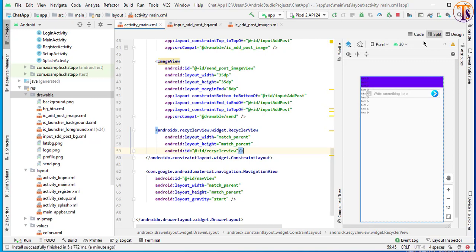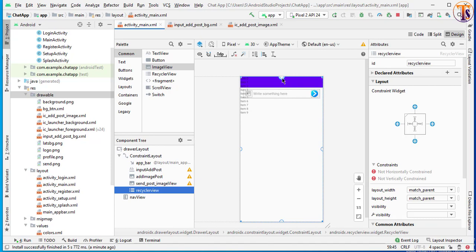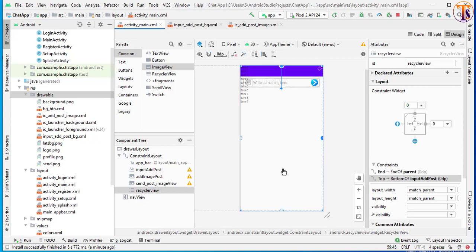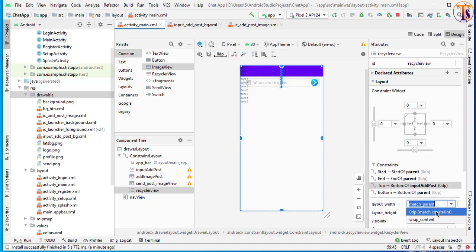Okay, now close it. Now go to design and select a recycler view. Add the constraint right, bottom, and left. Okay, now change it into match parent and again match parent.